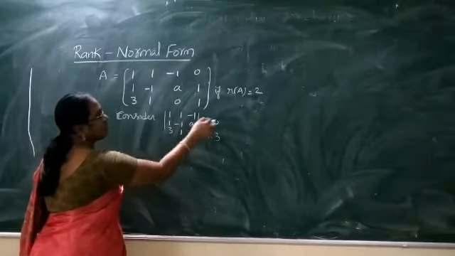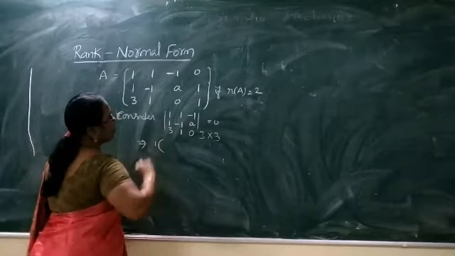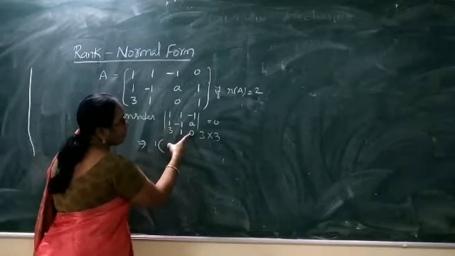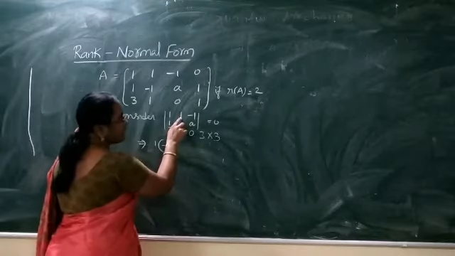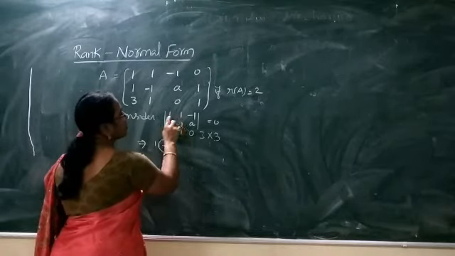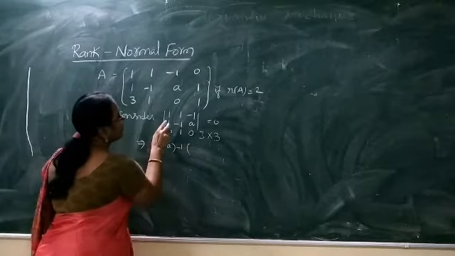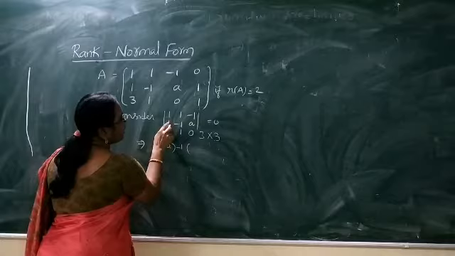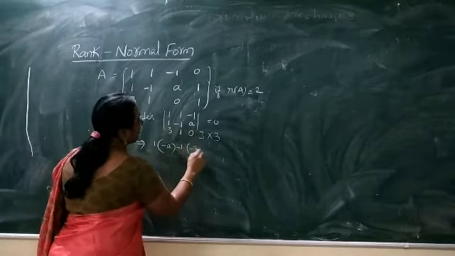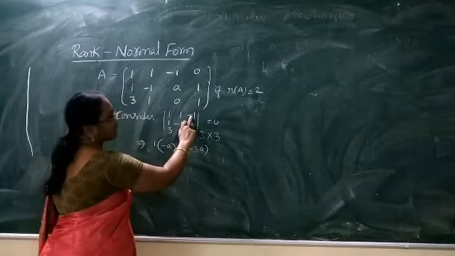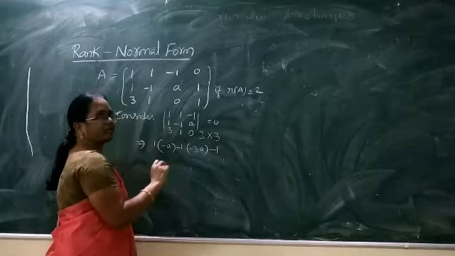Now calculating this determinant and equating to 0, the expansion of the determinant is 1 into 1 of minus 1 into 0 minus 1 into A. It is minus A. The sign of this element is minus as it belongs to the first row second column. So we have minus 1 of, we find the minor of this one. It is the determinant of 1 A, 3 0. So 1 times 0 is 0 minus 3 into A. We have minus 3A. The sign of the next element is plus, so minus 1 remains the same.